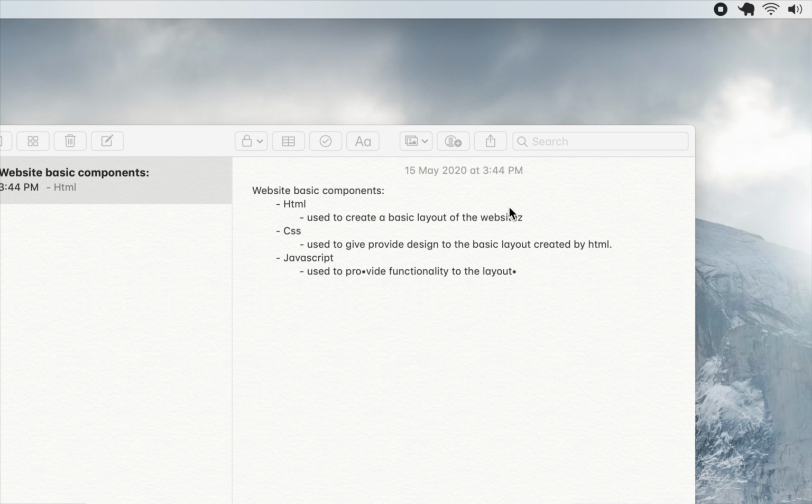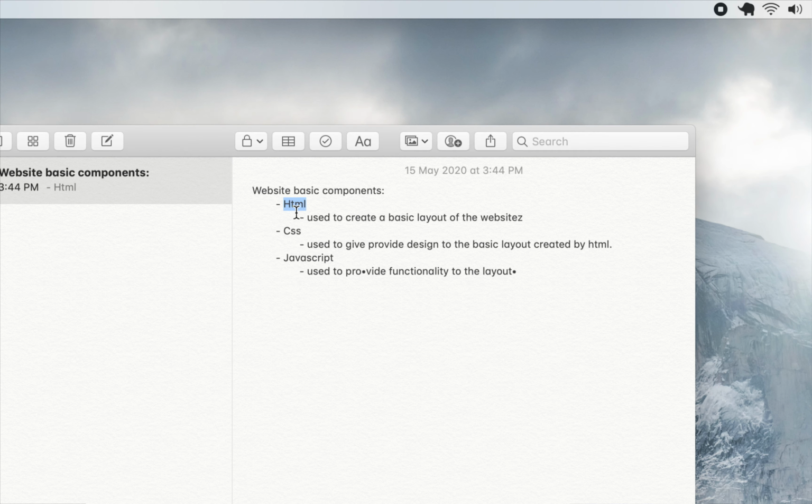In the previous lecture, we have learned about the basic definition of HTML, CSS, JavaScript, and we have learned that by combining all of these three, we can create a fully functional website. Today, we will dig deep into HTML and how to code in HTML. So in order to understand HTML,